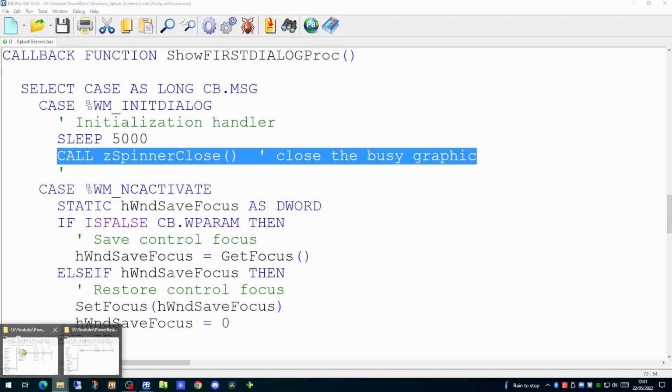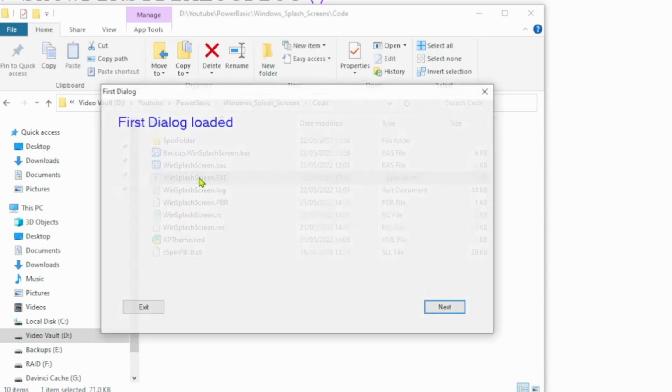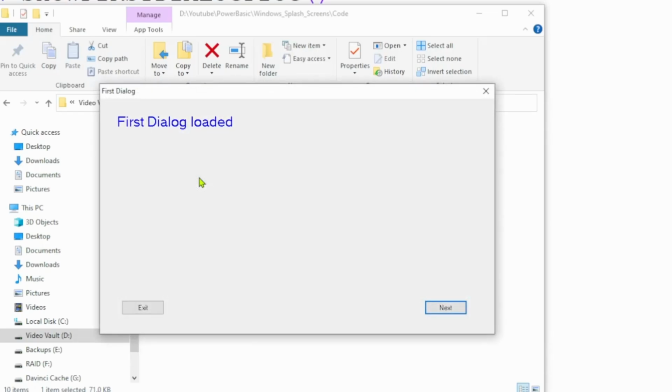and if we attempt to run our application, we'll see that a small animated graphic appears as a splash screen, which will wait on screen for the 5 seconds delay. Then our dialog can be loaded. This way, regardless of how long it takes for your dialog to load up its data, the user will have something to look at to give them feedback that the application is in fact doing something.